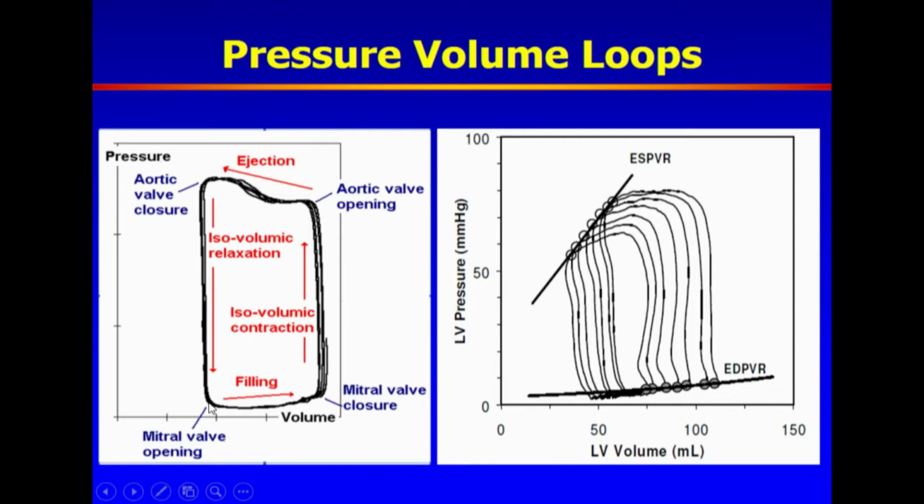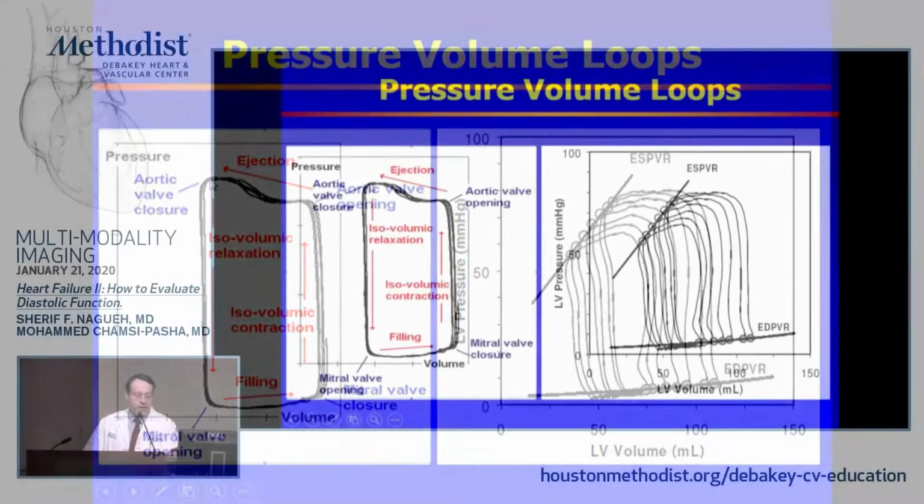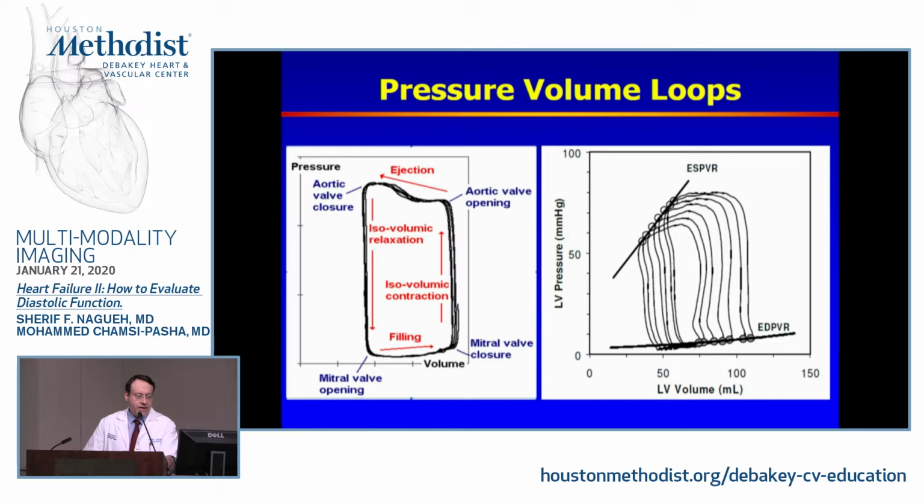During diastole, once the mitral valve opens, there is filling of the left ventricle. You can see the volume increasing with very little increments in pressure. Then the mitral valve closes. The ventricular systolic pressure rises during the isovolumic contraction period. That culminates in a systolic pressure in the ventricle that exceeds the aorta. The aortic valve opens, ejection. At the end of ejection, pressure drops in the ventricle compared to the aorta. The aortic valve closes, and you have a drop in the ventricular pressure during the